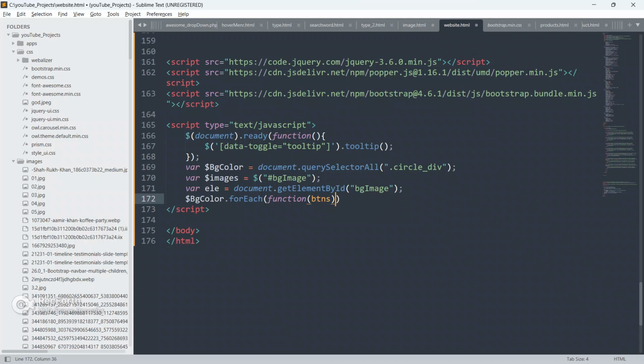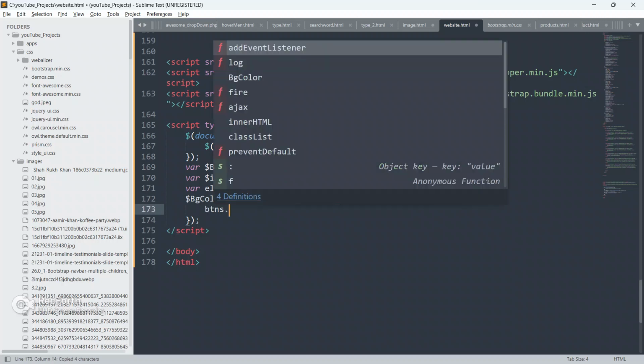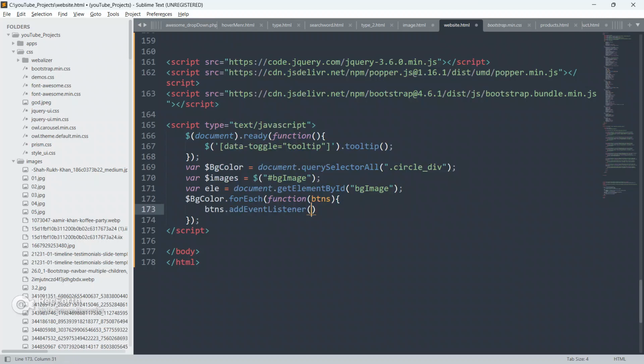Okay, and we will open this, close this, and we will add event listener to this button, guys. Add event listener, and the event name will be click.